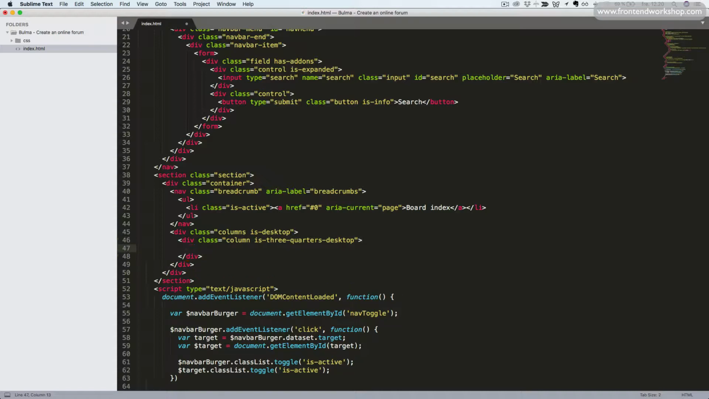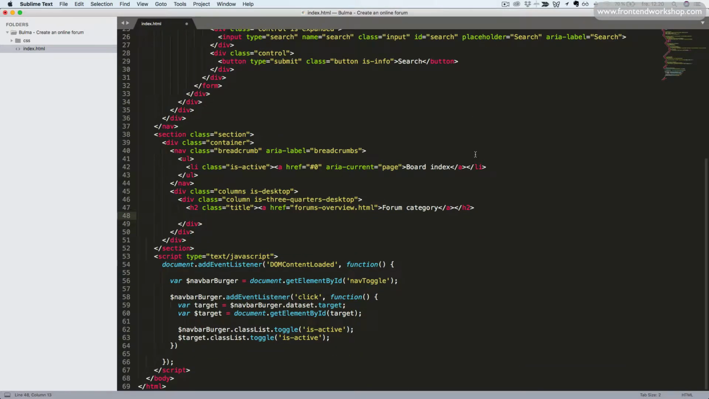Now let's first create an H2 heading with the class title. Inside of this we'll add an anchor tag with the link leading to the forums overview.html page, which we'll create later. We'll give the anchor tag the text forum category. Close the anchor tag and close the heading element. Now we'll create our table,